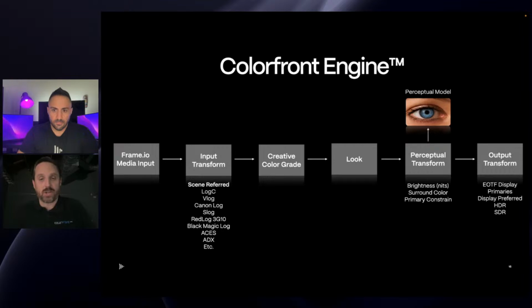And then again, you get into your output transforms. As you can see, you've got the EOTF for your display, your primaries, your display referred, your HDR, and your SDR. One of the big toolkits that we have developed over the years is the engine. It's available in things like the HAA, FSHDR, and Colorbox. There's support for the Colorfront engine with those tools via POM4 LiveGrade. So you can use this pipeline from beginning to end and deliver the best outputs possible. Now getting into the next slide for me there.